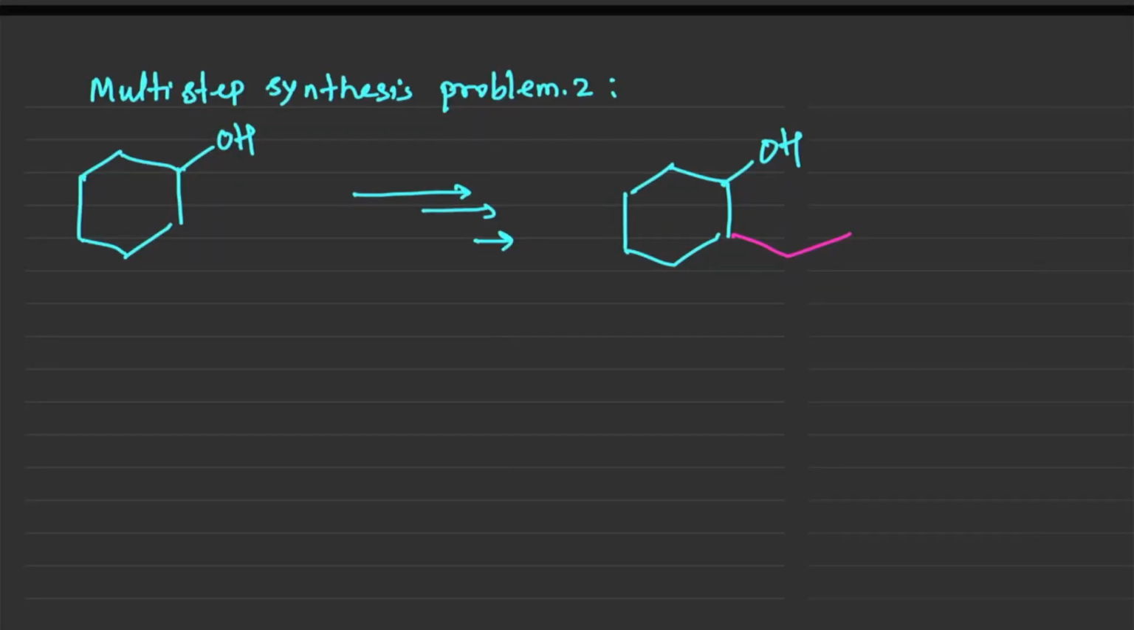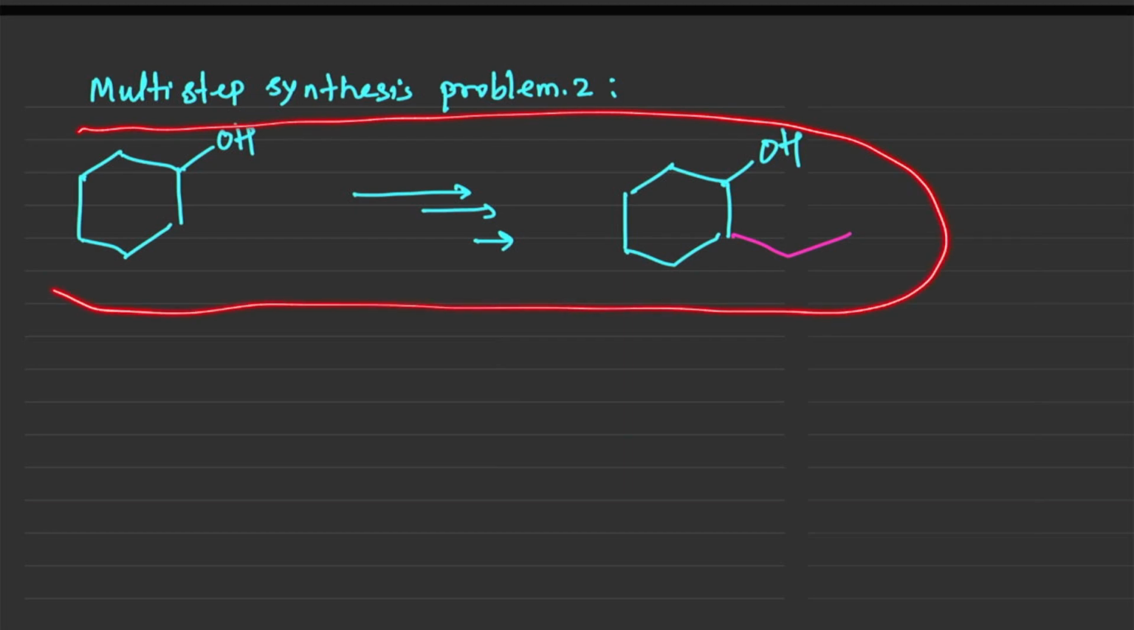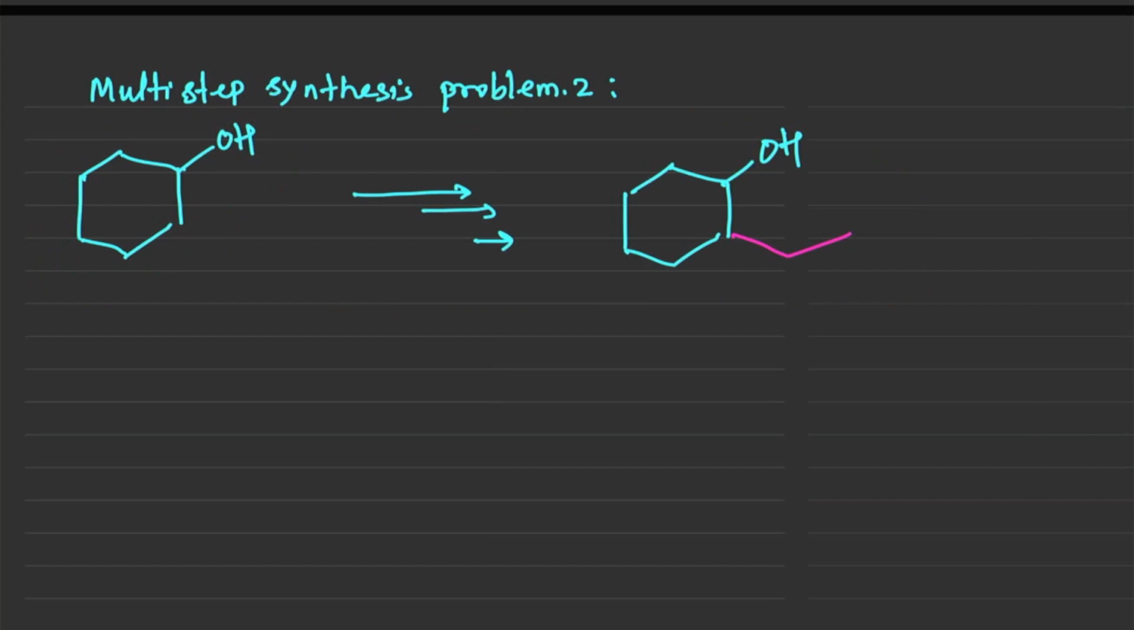Hello, everybody. In this video, we will discuss another multi-step synthesis problem. We started with an alcohol, cyclohexanol, and we are still making another alcohol, but this time we have added two extra carbon atoms. So in this type of problem, the best way we could do this is